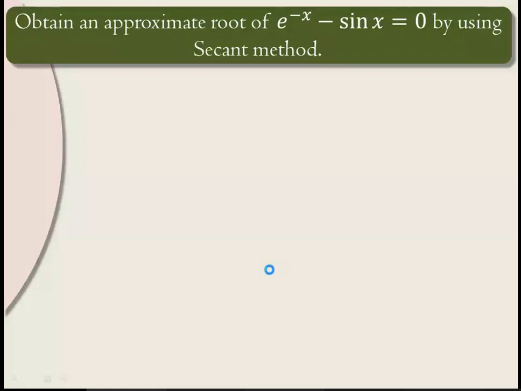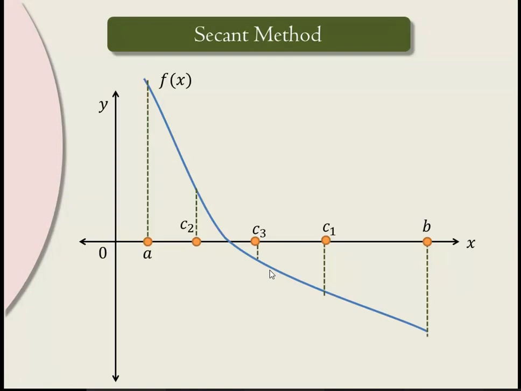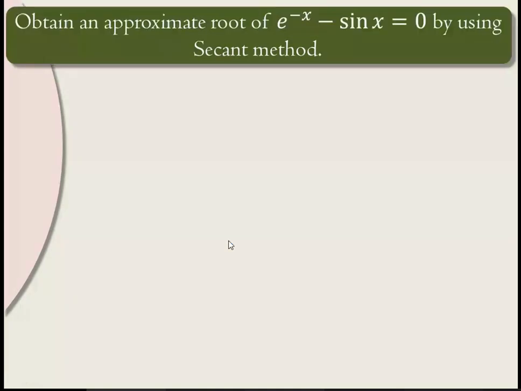Okay, so in regula falsi we fix the point, and in the secant method we always try to get the new interval. Ultimately, after a finite number of steps, we can reach the point of intersection, and that is nothing but the root of the equation. Now we'll take a problem. Again, the problems are similar to those of regula falsi, very easy.